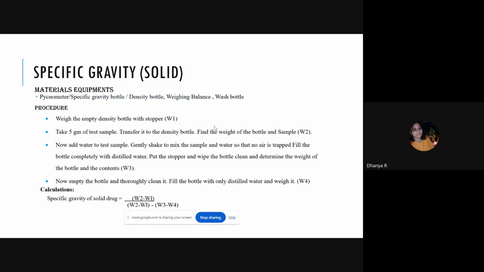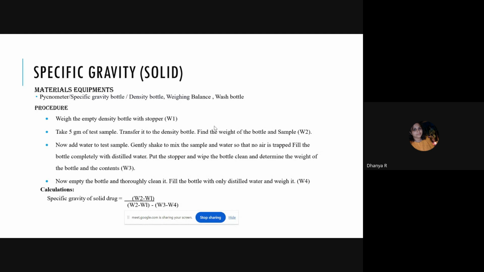Now add 5 gram of the test sample, transfer it to the density bottle, find the weight of the bottle and sample. बॉटल में आपका जो टेस्ट सैंपल है उसके पाउडर को भरना है एंड उसका वेट पिक्नोमीटर के साथ लेना है, that is the W2. Now add some water to the test sample, थोड़ा सा पानी डालना है इसमें एंड gently shake to mix the sample and water so that no air is trapped. आपको अच्छे से ये जो पाउडर है उसको पानी से मिक्स करना है।